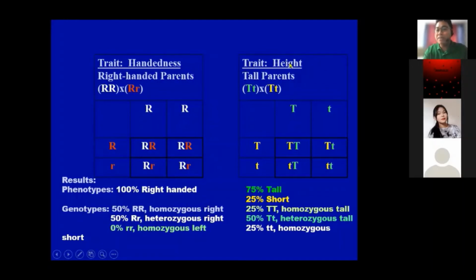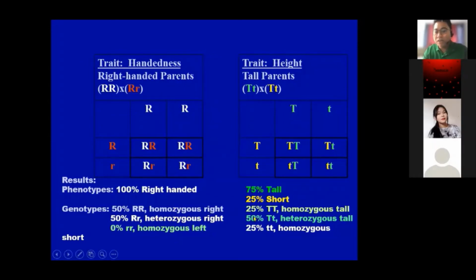Okay. For height naman, pareho silang heterozygous. So as what I said kanina, ang phenotype nila is 75% na tall kasi nga 75% na merong dominant gene. So 25, 25, 25, 75. So and then 25% ang phenotype nila is short.